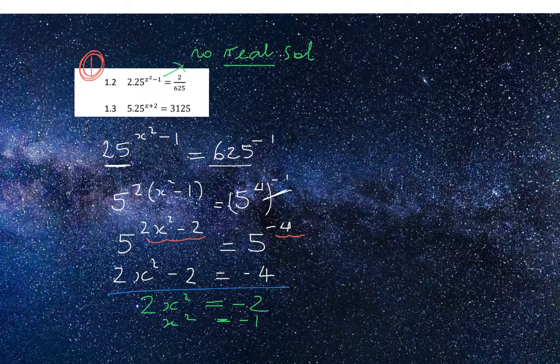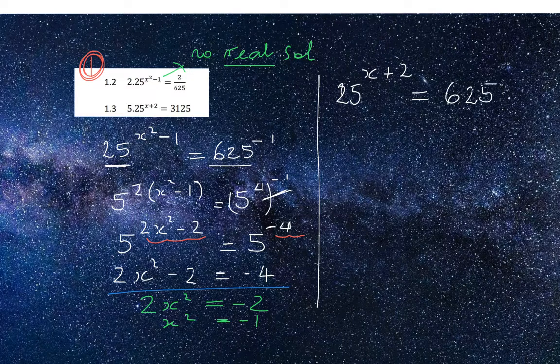Right, so that was example 1.2, not too complex. We need to isolate the exponent and then solve. Similarly, with example 1.3, I need to get 25 to the power of x plus 2 on its own. Divide both sides by 5. You can always work with your calculator. You must check it. You must see if I'm getting the right answers. I get